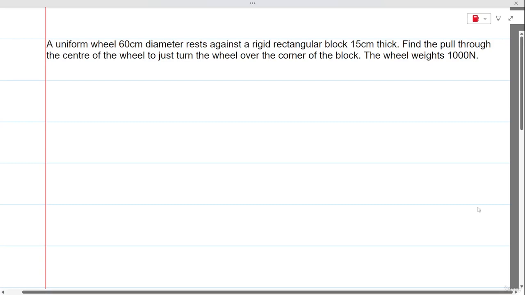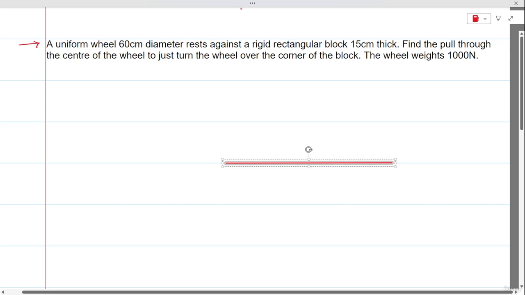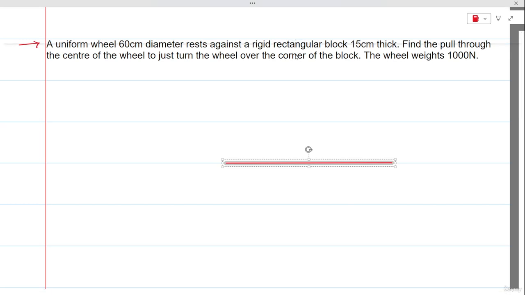In the given question, we find that a uniform wheel of diameter 60 centimeters is resting against a rigid rectangular block of 15 centimeter thick. So let me just draw the diagram. This is the horizontal surface, and on this horizontal surface a rectangular block whose height is 15 centimeters is being kept,